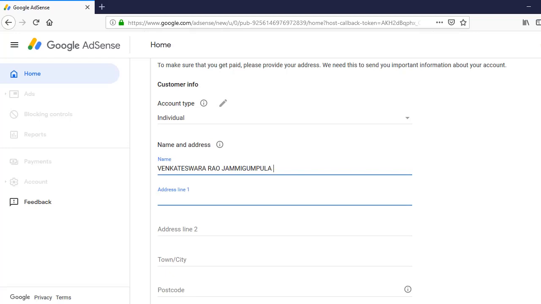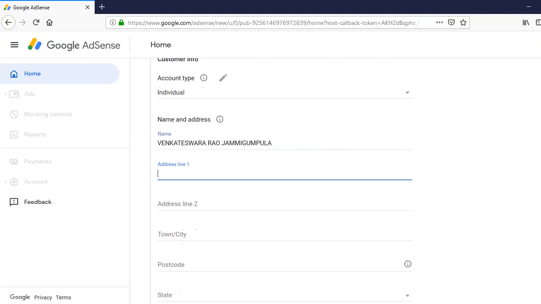Then write down the address line. Check that this is the legal address of your business or home. Address line 1 is required, so write down your address.